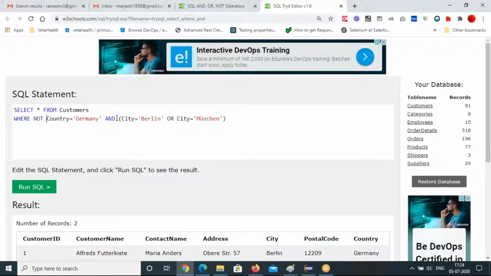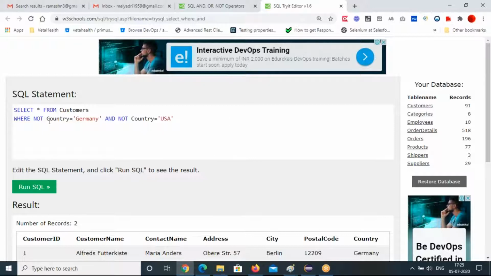country Germany and NOT country equal to USA.